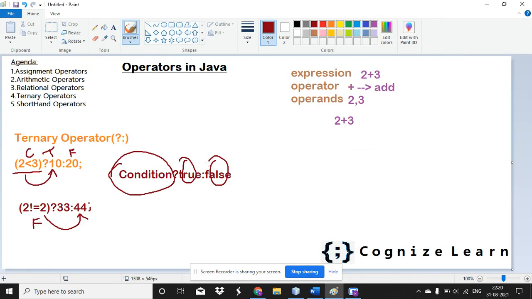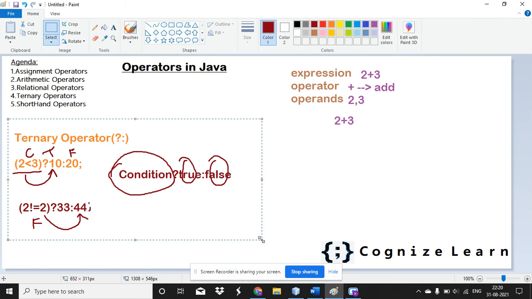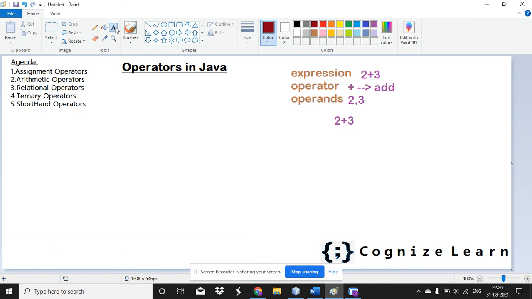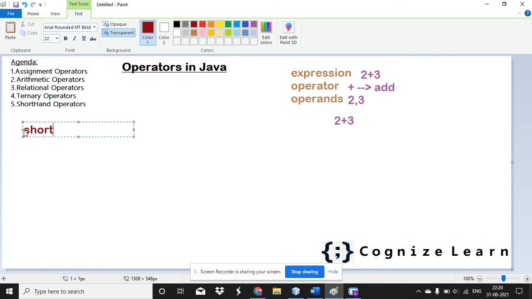right? Okay. And next, the last one in this tutorial is about shorthand operators. Shorthand operators are the combination of your arithmetic operator and assignment operator. For example, what are all your arithmetic operators? Plus, minus, multiplication, division, and modulo. Yes, you are going to combine everything with the equal to.